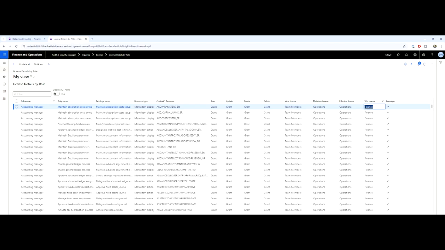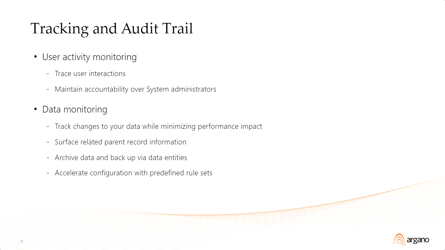Okay, we do have versions of this license reporting in our existing version at the moment, but what I'm showing you here is going to be rolled out very soon, and it's got some new bells and whistles. All right, so we will hop back over to the PowerPoint now